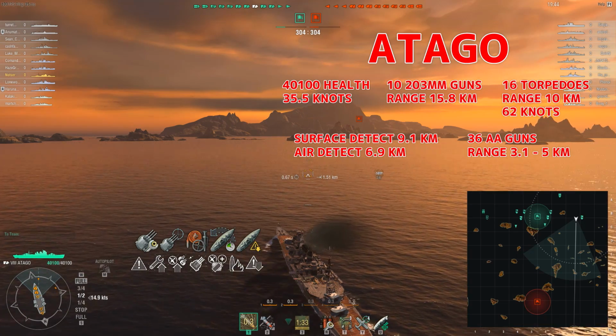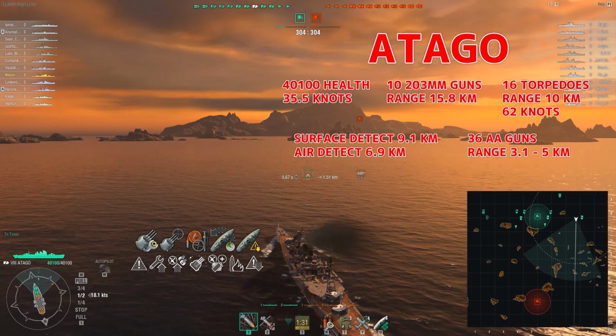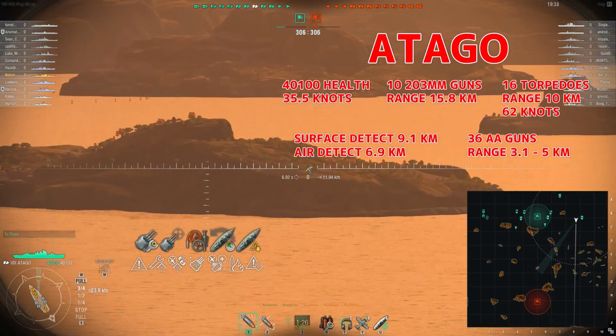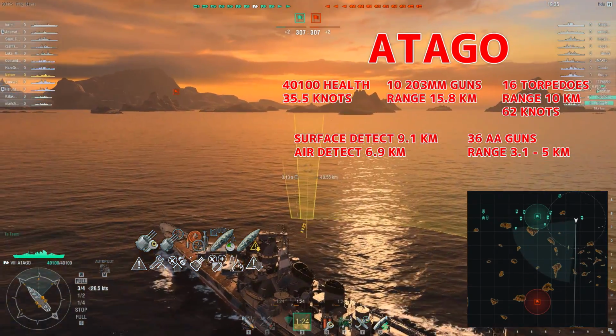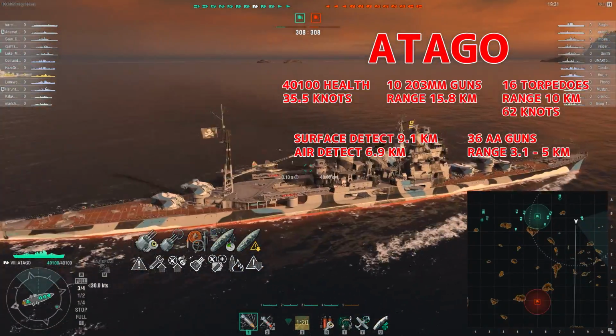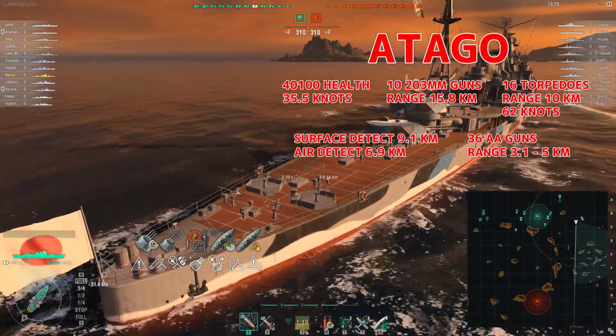Hey, this is Notser, and we are in the Tier 8 Premium Japanese cruiser, Atago. She has 10 203mm guns, 16 torpedoes, 36 AA guns, a surface detect of 9.1 kilometers, top speed 35.5 knots,